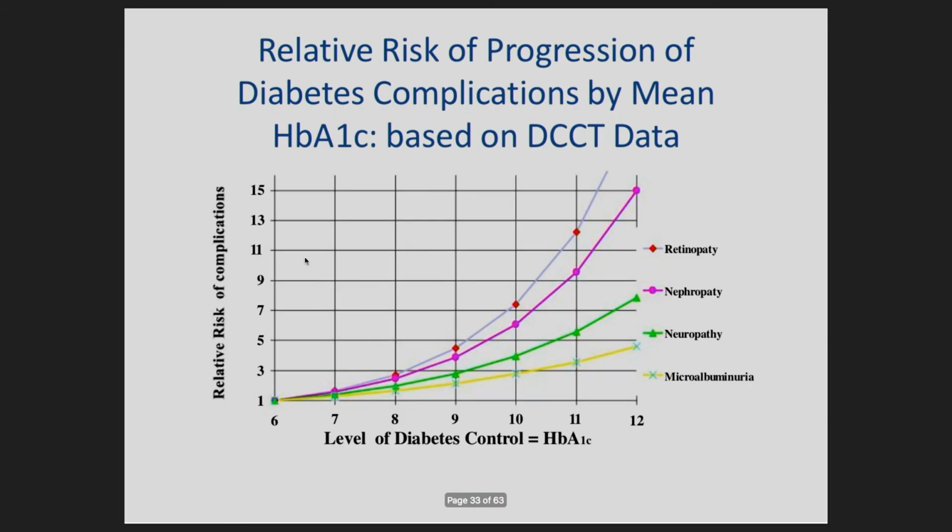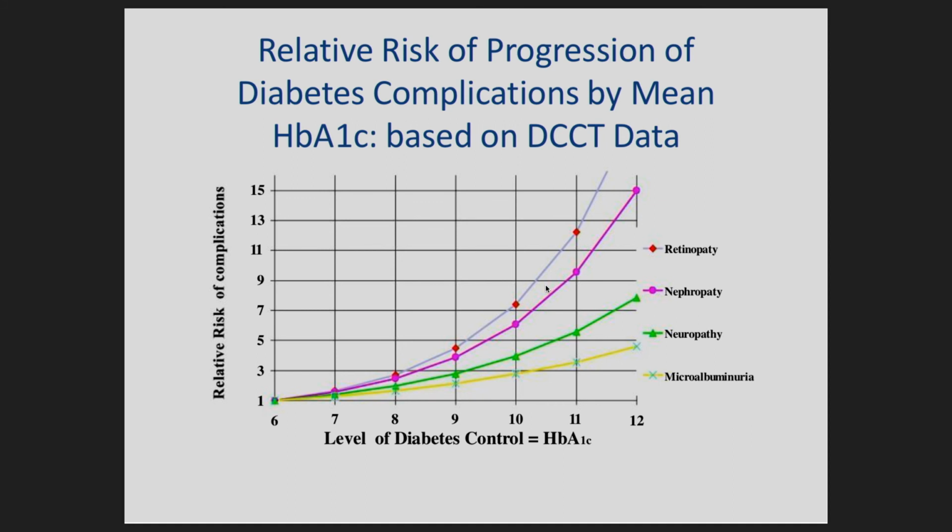So from 1993, most endocrinologists and diabetologists shifted their patients from twice per day injection to multiple daily injection. And this is what I mentioned, the DCCT data. They said those on multiple daily injection have a lower hemoglobin A1C. And if you can see, when you have a lower hemoglobin A1C, inshallah, you'll have a low risk of complication. If you have a higher hemoglobin A1C, your risk of complication is increasing.